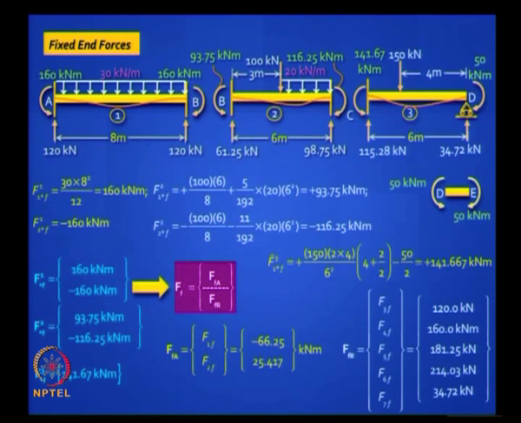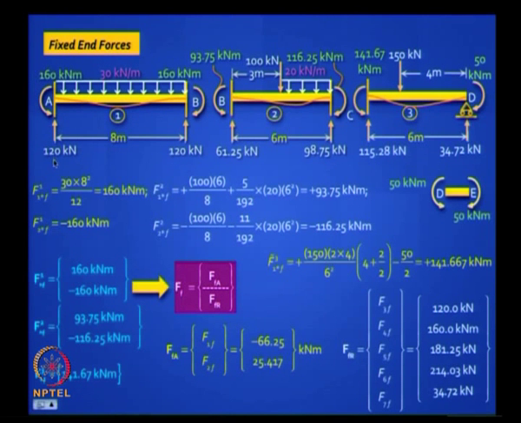So this is a fixed end force vector in the global coordinates. FFA corresponds to the two coordinates 1 and 2. Remember 1 and 2 are here, these two moments and these two moments, right? So you just algebraically add up those two moments, you will get F1F, F2F. Is this clear? The net moment that you get corresponding to the fixed end moments at B and C, that's F1F and F2F. And what is F3F, F4F? You can pick up from here.